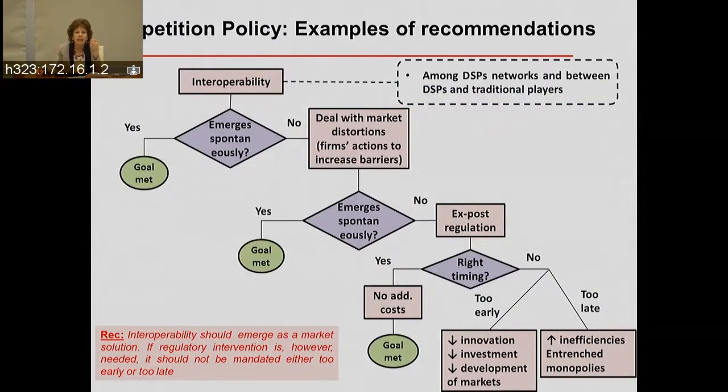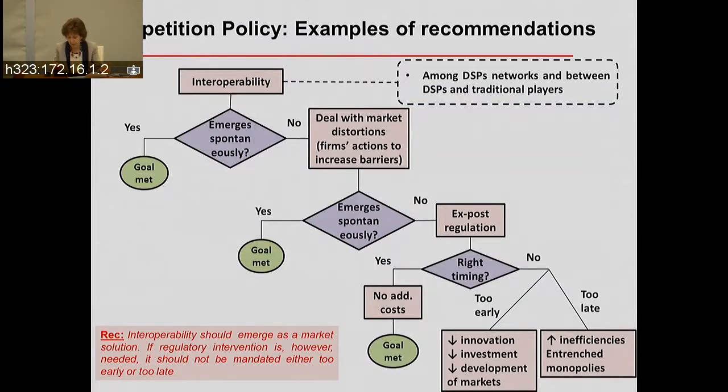Why am I saying that? Because when we are talking about financial inclusion using the new technology and the new innovations, we need to remember that it is new. These processes are new. They are emerging in some countries, in some others have developed, but in the majority of countries, in developing countries, it's still very new. So you need to give time to the market to develop. However, if you wait for too long, then the problem is that entrenched monopolies could be too difficult to